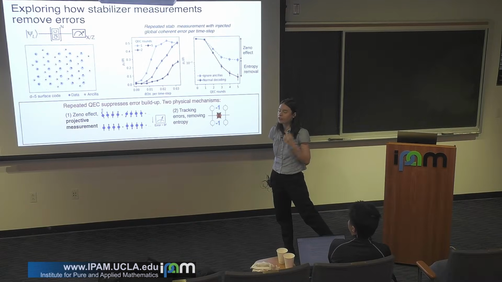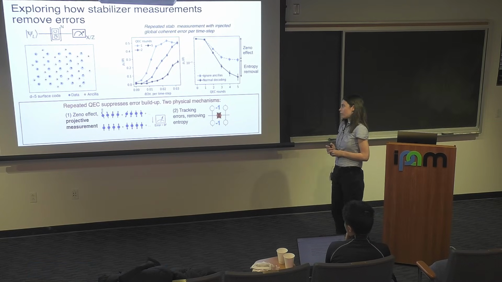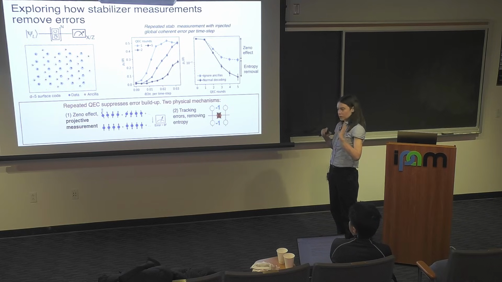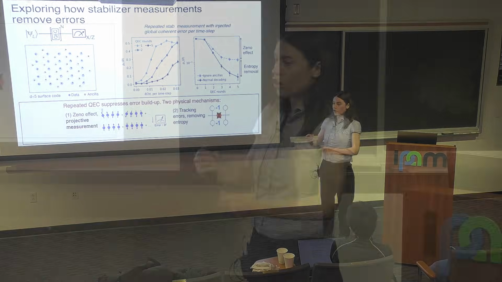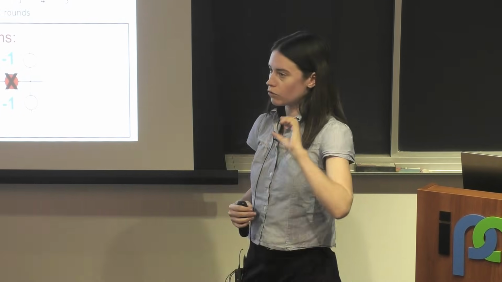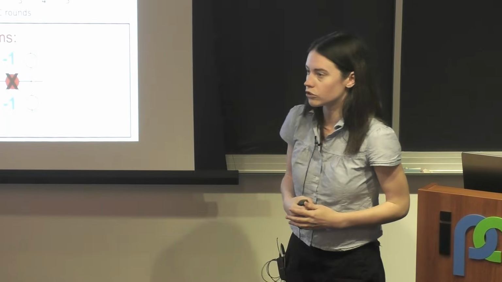I see. Yes? So when you say removing the entropy, do you mean detect errors, or also make corrections? Great question. Ultimately both. When we detect errors, we form a belief about what error happened, and that allows us to correct it. That said, one thing I want to emphasize is that you never need to physically correct these errors in hardware. Instead, you can form a belief of what error occurred in post-processing, once you've measured your logical qubit, and then just in your head flip what you think the logical observable should be.